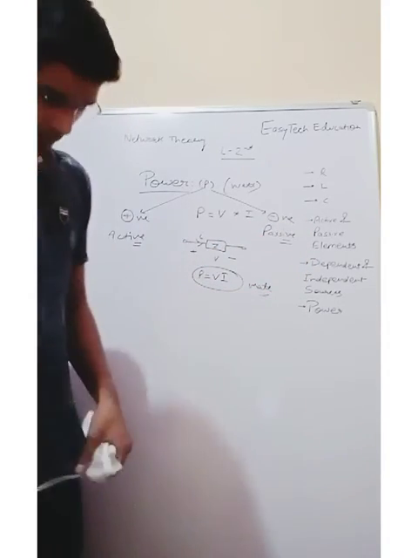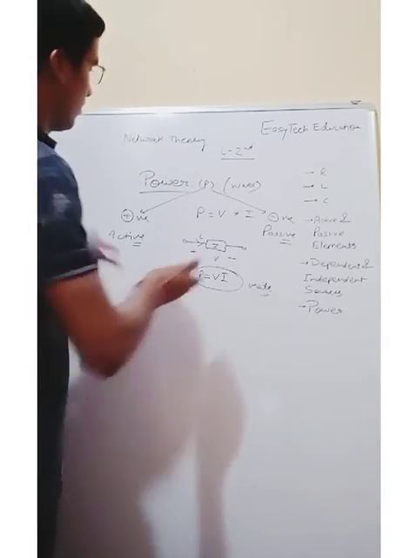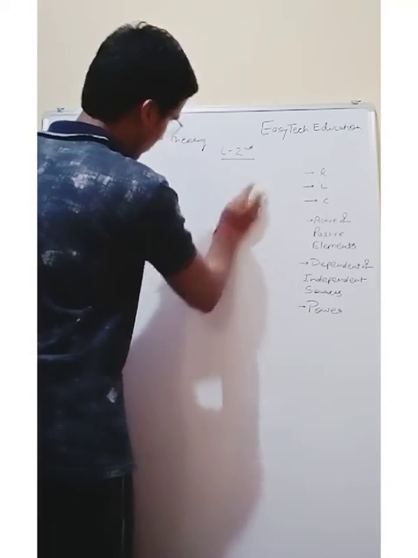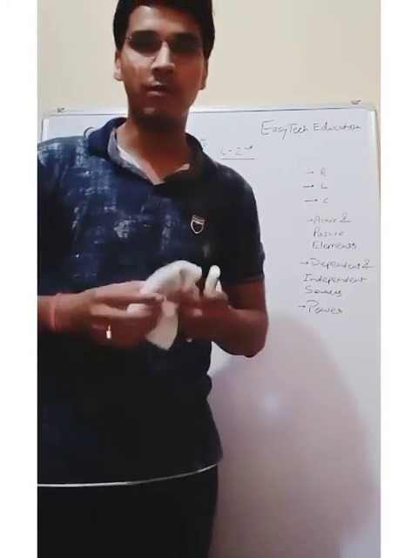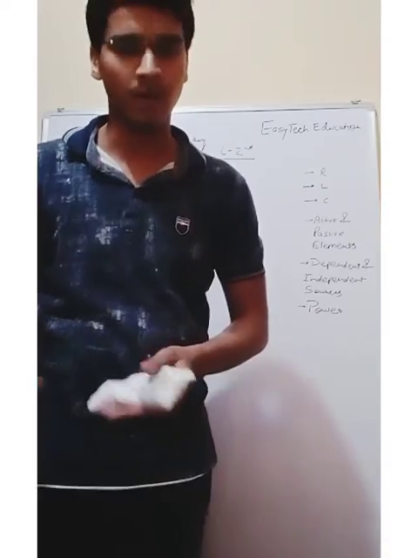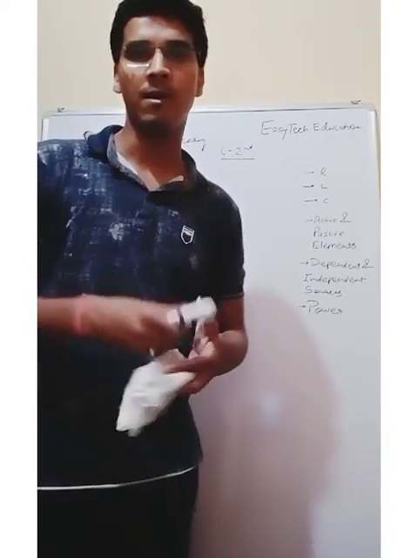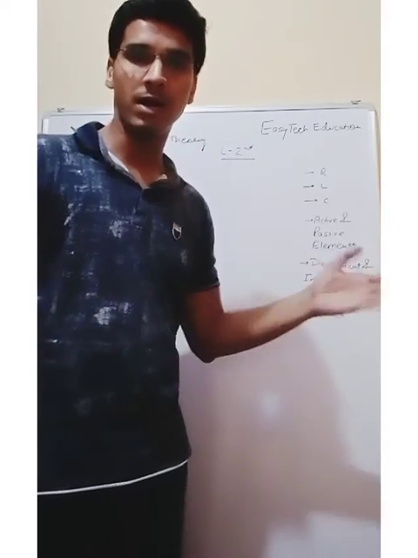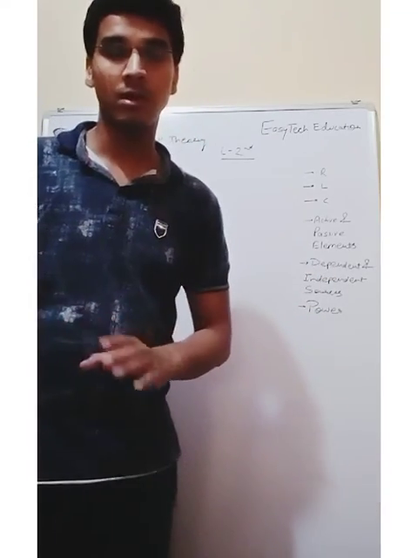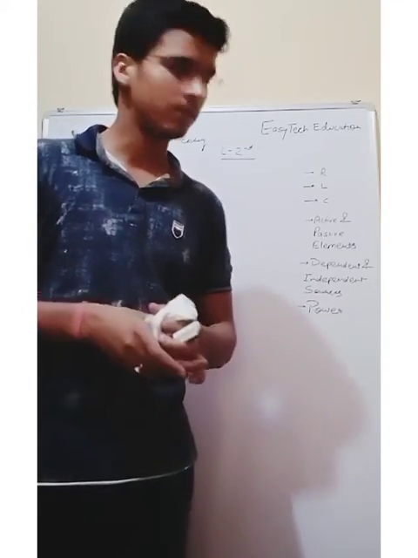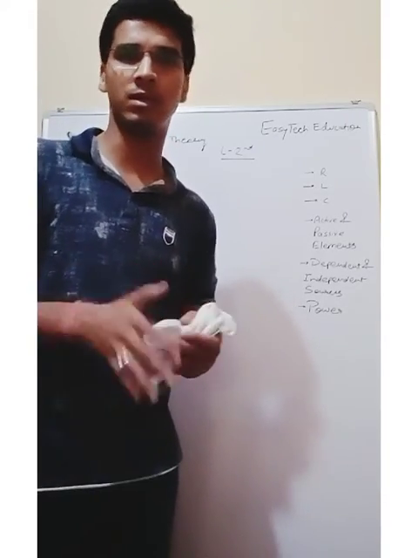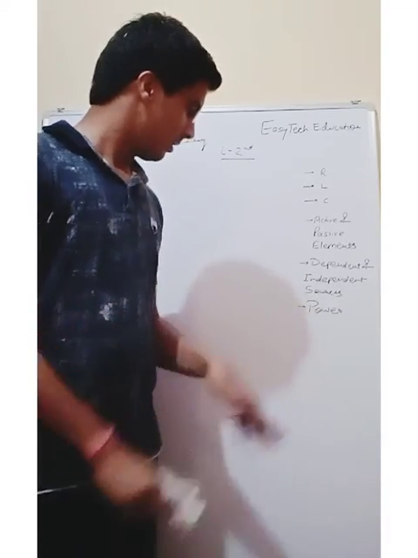So this was the basic introduction of lecture number 2: RLC, active passive elements, dependent independent sources, and power. Now let me again give you a brief discussion on whatever we have discussed. In lecture number 2 we discussed the basic introduction of resistance, inductance, capacitance, what the R, L, C parameters are, and the relation between voltage and current in the case of R, L, C. We also covered active and passive elements, and dependent and independent sources, which have four divisions: voltage dependent voltage source, voltage dependent current source, current dependent voltage source, and current dependent current source. How to recognize them we have already studied. Lastly we studied power.